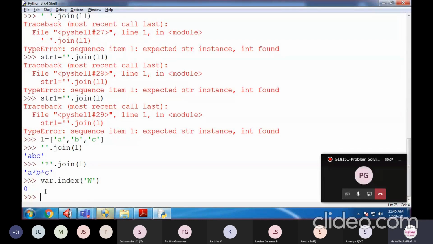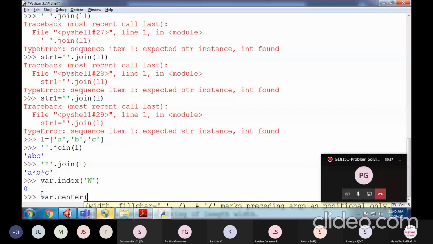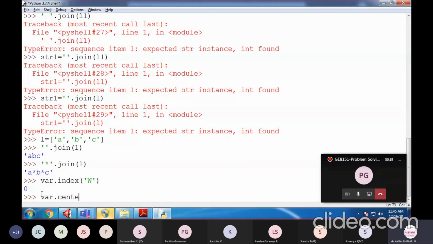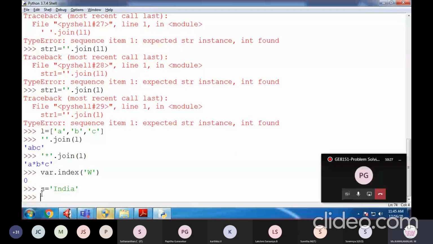So likewise we are having center. Center, where dot center. Center means that we can give the space. Okay, so for better understanding, I have one string here. Okay, so as s dot center, here I am going to pass